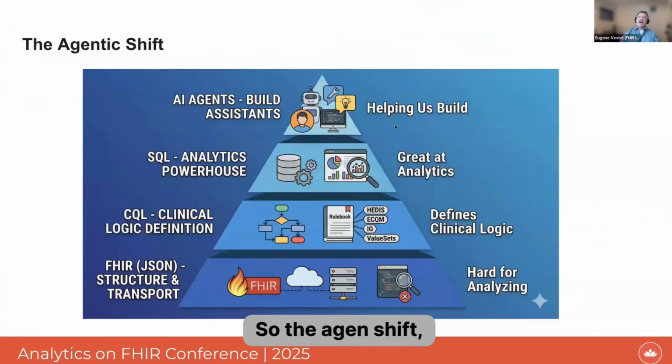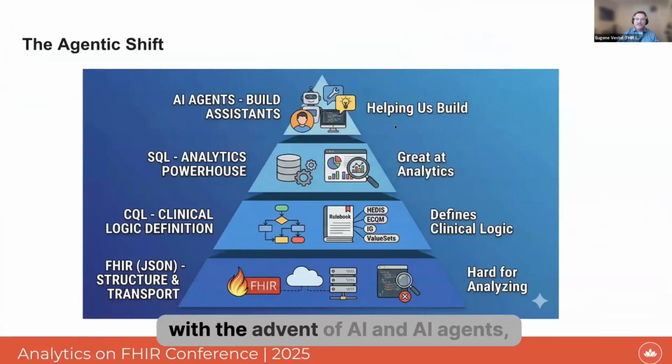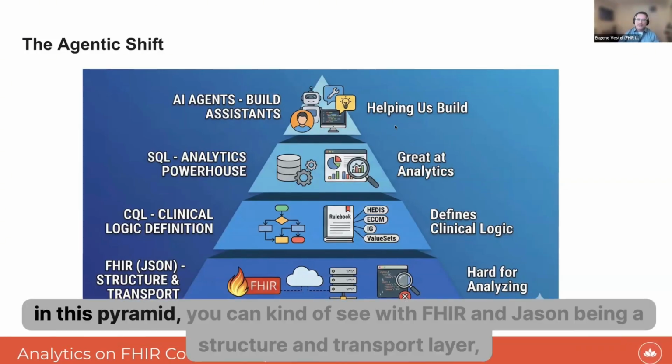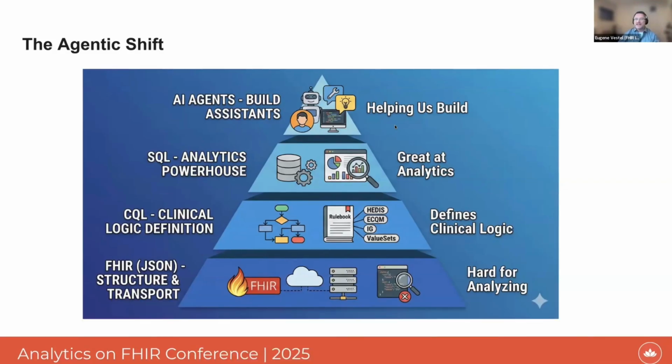So, the agentic shift. With the advent of AI and AI agents, it is really a huge monumental shift in ability to scale solutions and technology across healthcare. In this pyramid, you can see with FHIR and JSON being a structure and transport layer, it's still hard to analyze and run analytics on it.